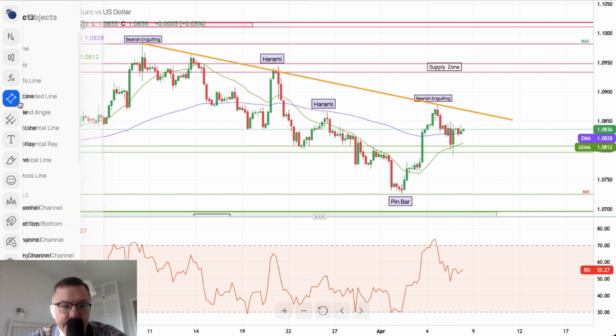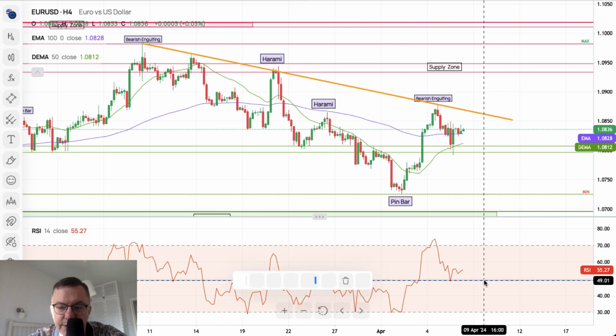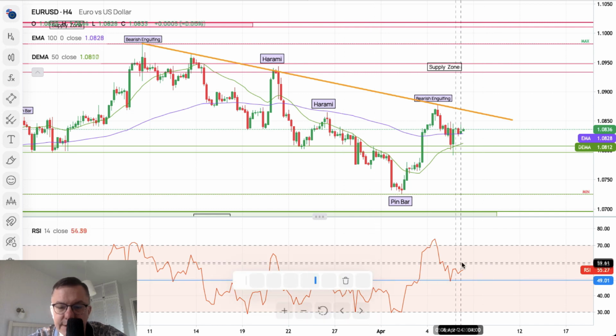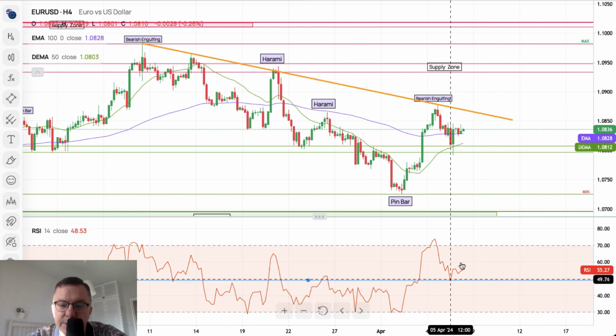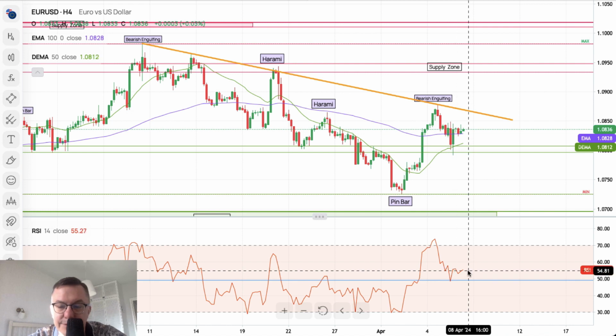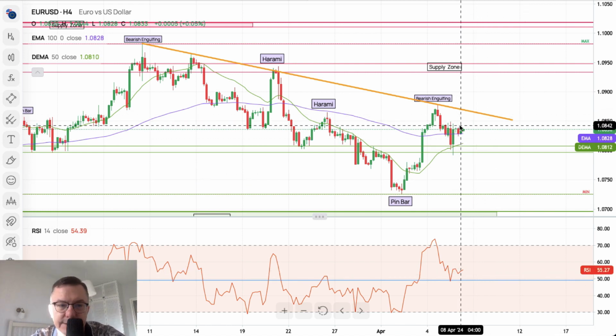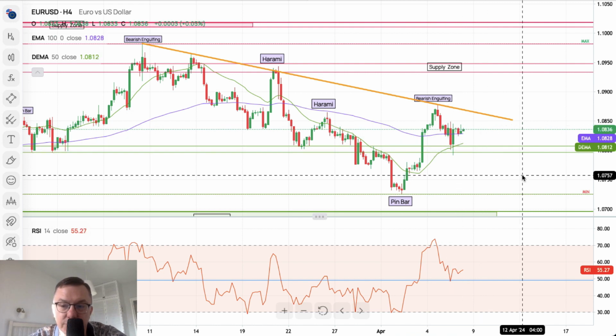So let me just put some line here. So that's the level of 50 apparently. There you go, something like this. Let's say we got the bounce from the level of 50 on the momentum on the 4-hour chart, and as you can see, there was kind of a significant bounce towards the level of 55 points, so not too bad, and the consolidation. Now the key level is still the technical support 1.0797,